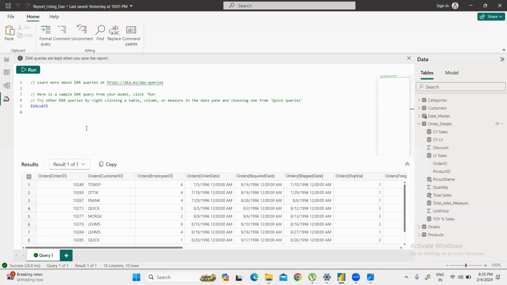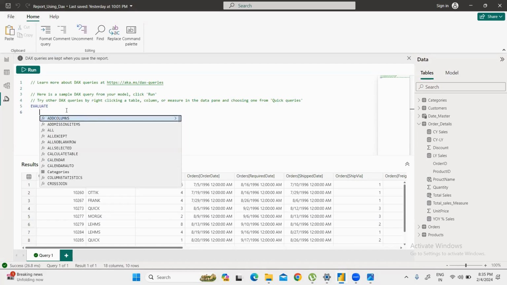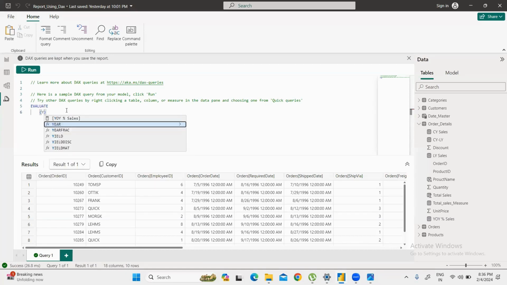If we want to fetch the number stored in a measure, let us put it in the parentheses, and then we'll write